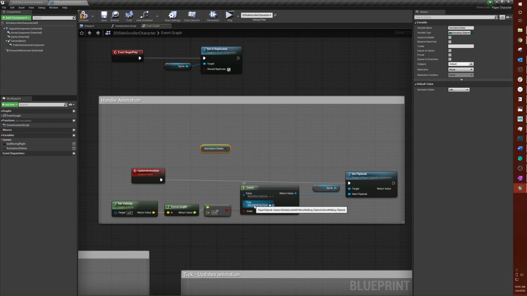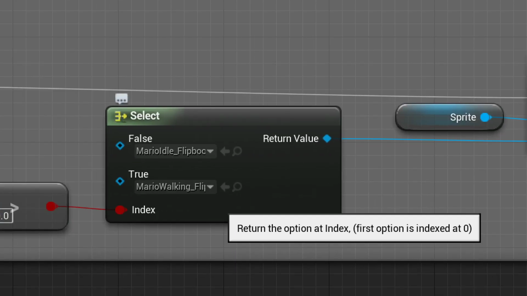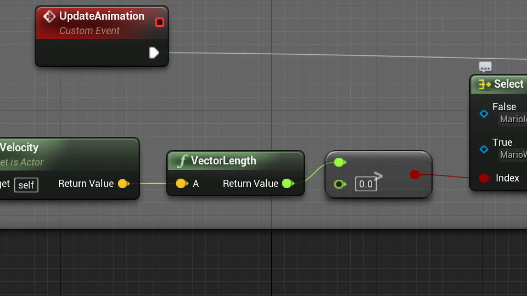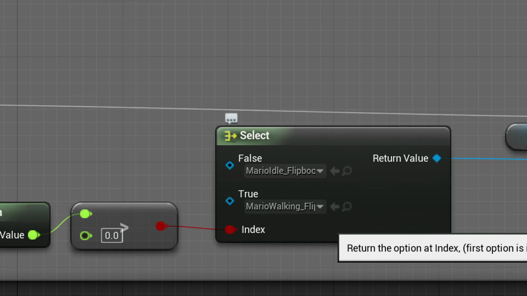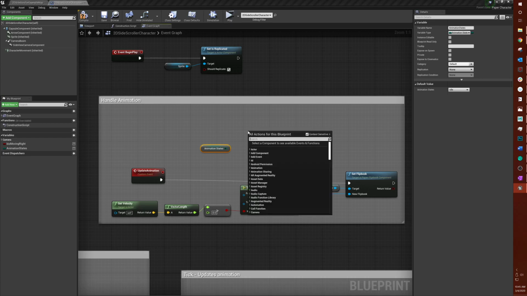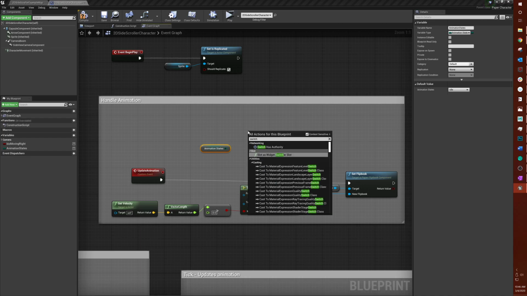The next thing we need to do is create a switch that's going to be able to toggle between the different animations based off of certain conditions. Very much like how the select right here is toggling between idle and walking based off of the velocity of the character. So our enumerator is the file that is going to control our switch. And to create that in the blueprint here, we need to right-click, type in switch in the search, and just type switch, and